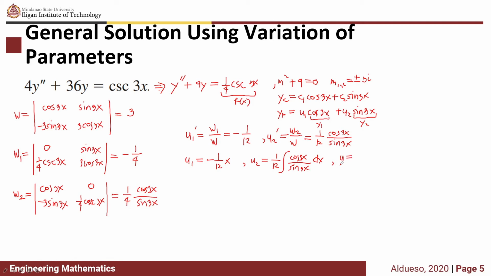Let u be equivalent to sine of 3x. So our du is equivalent to 3 cosine of 3x dx. We have our u2 equivalent to 1 over 36 integral of du over u. We have 1 over 36 times ln of sine of 3x. So our general solution